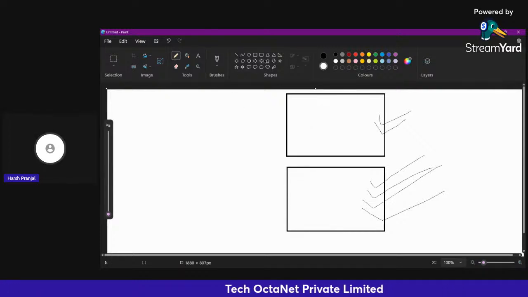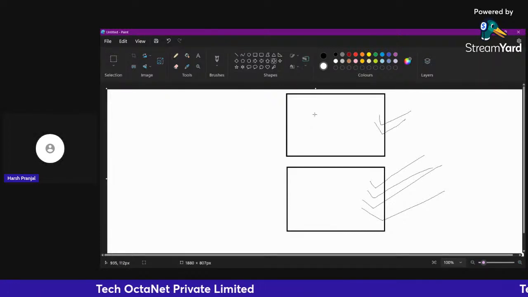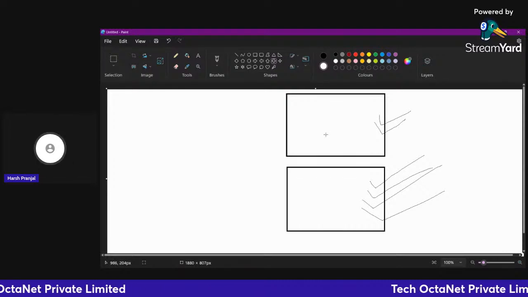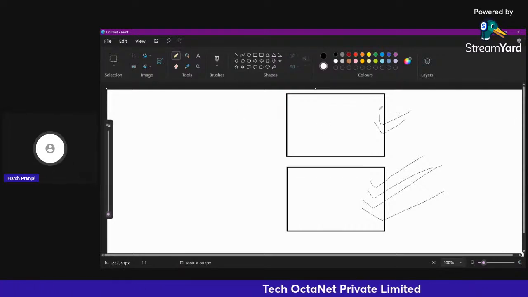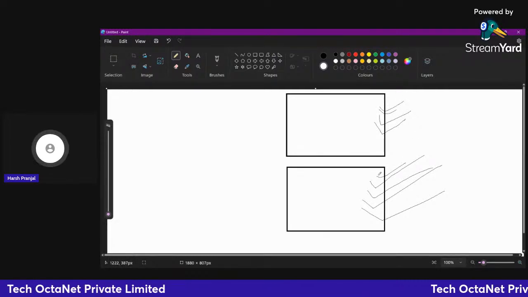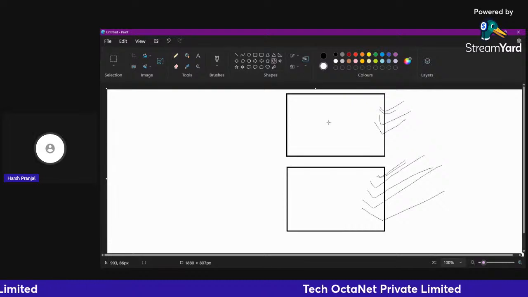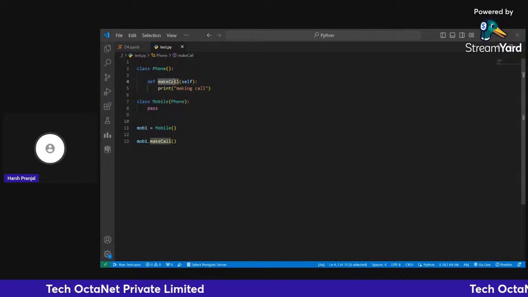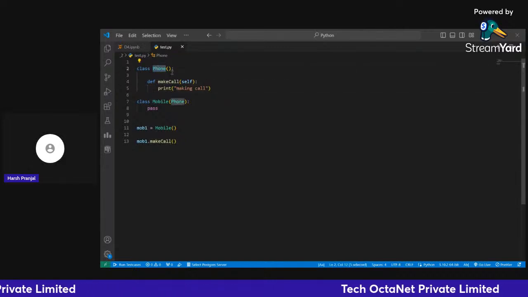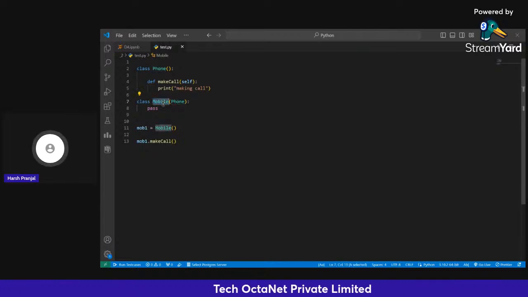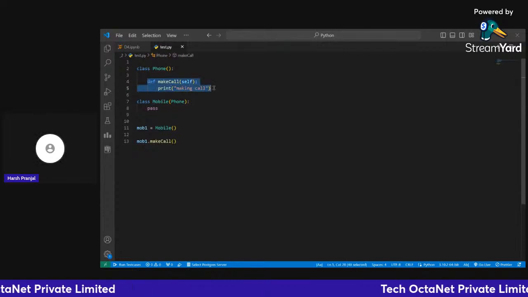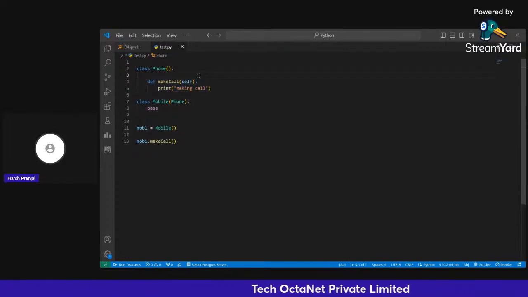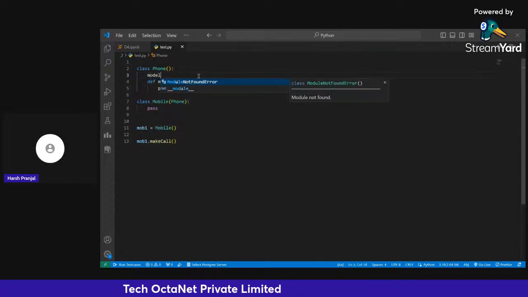There is a very basic example, used again and again for inheritance. Suppose this one is your father, right? And you are going to inherit some properties from your father. This is somewhat similar to what is happening here. This is a method inside this phone, and this phone is inherited by this mobile. Okay, and now mobile has access to use this function, right? If there are any attributes,